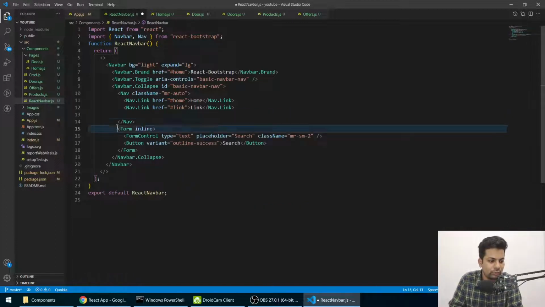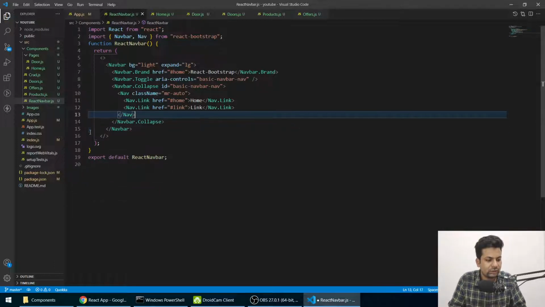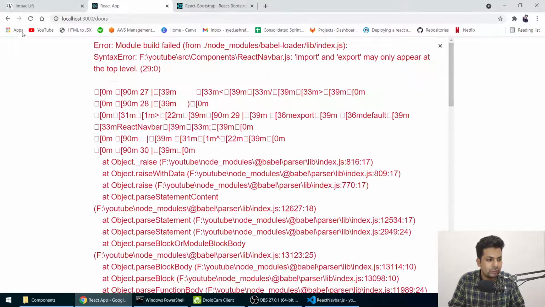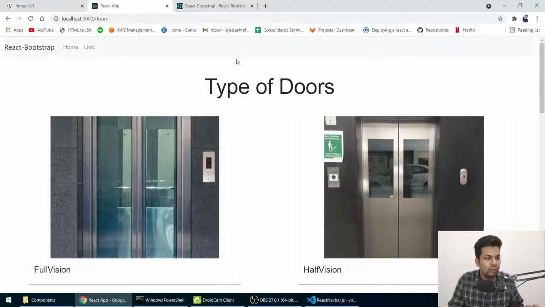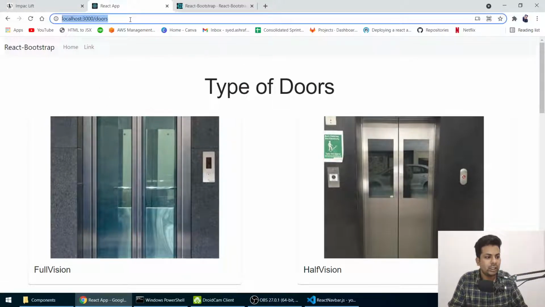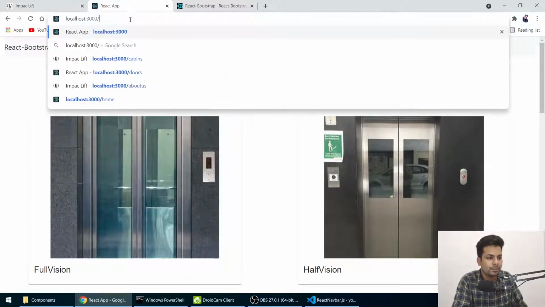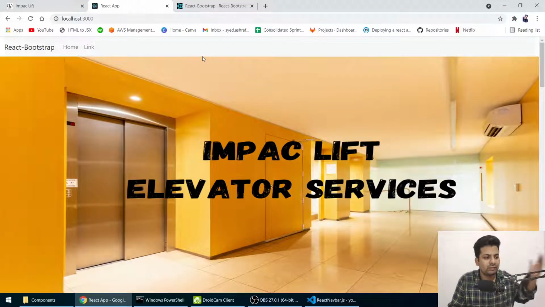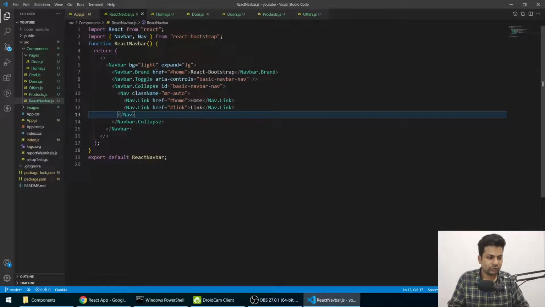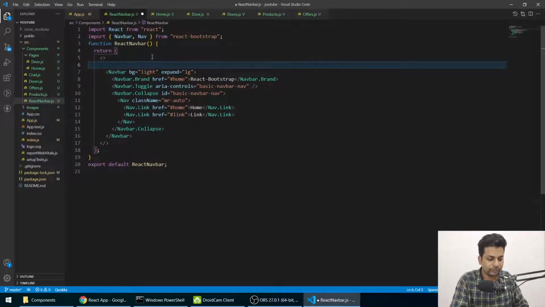You can import and use it from there, we don't want to use form also. Just save it and reload it. Boom guys, so we got the navbar also. And if you go to the home page, there also we have the navbar, but you can see guys there's some space left in the corner on both sides, because of the container. So that's why I have imported row and column.